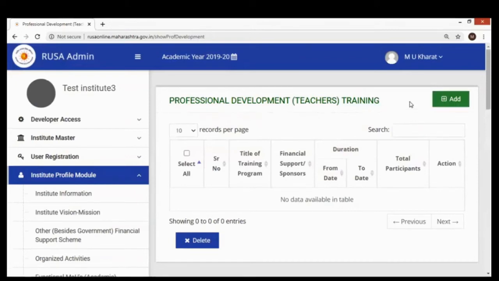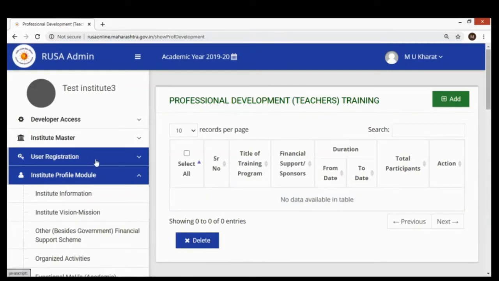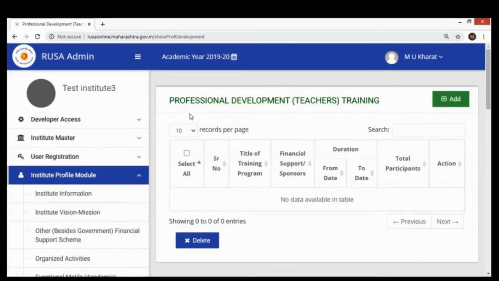And it happens normally in situations when the principal and IQAC are sharing their login credentials with each other, say the IQAC in charge is trying to work with the principal's login. He enters the system with the principal's login credentials and tries to add the head of the department. The principal is not supposed to add; it is the IQAC in charge. Then in the principal's login credential, this add button will not appear. It appears in the IQAC in charge's login credentials.